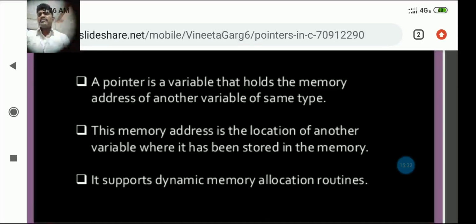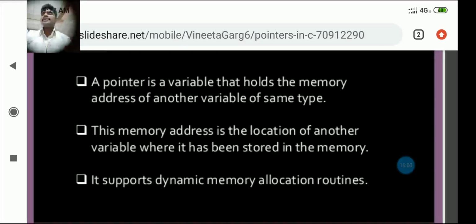When we understand how memory works in a programming language, its behavior and functionality, then you can understand this concept very easily. I want to focus on the definition of a pointer.